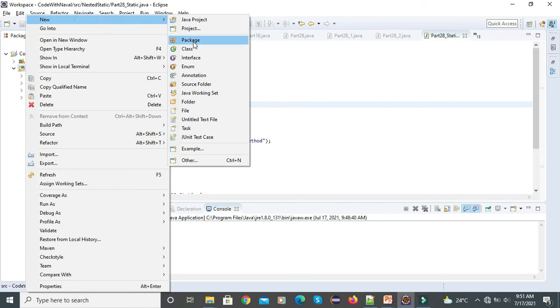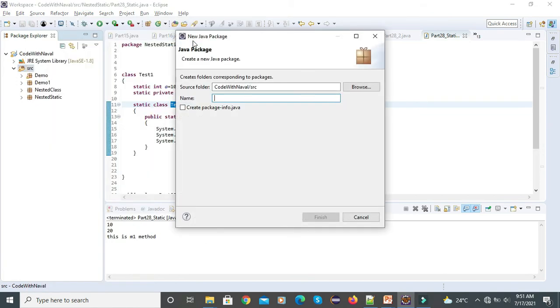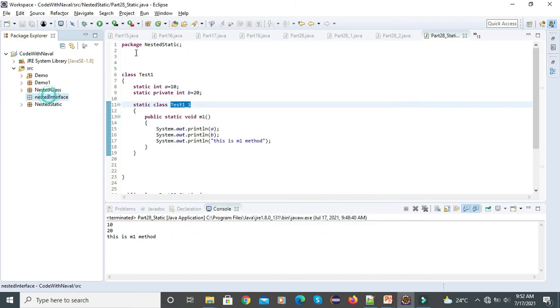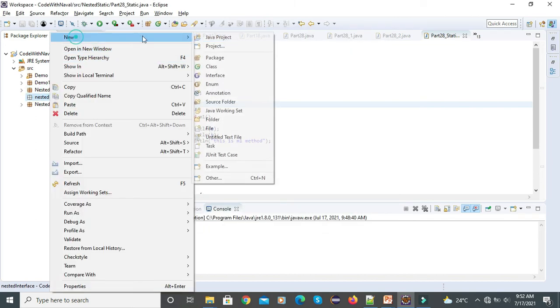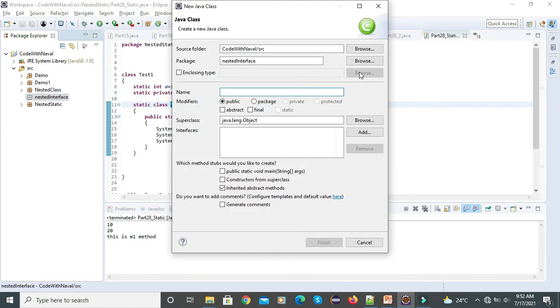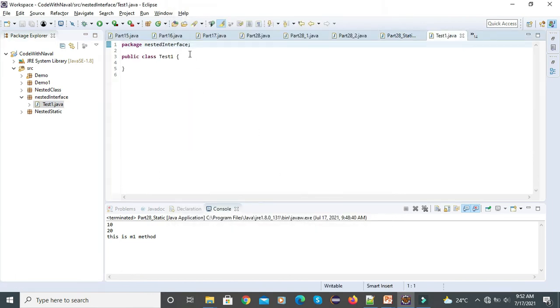Now I want to show one more thing. I'll create one package, for that I'll create a nested interface package. Here we create one class inside this, and I'll give it the class name test1.